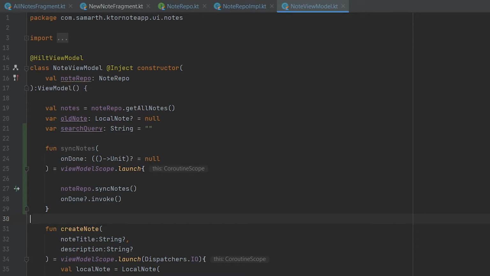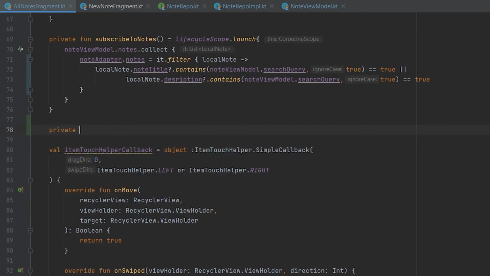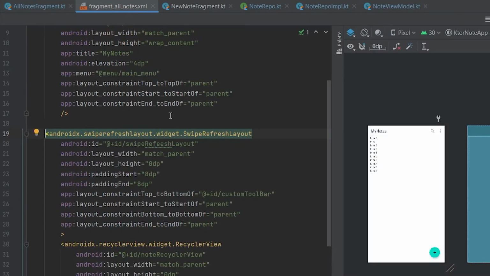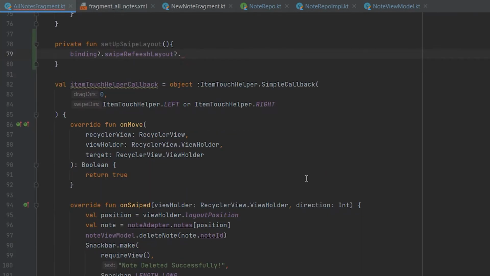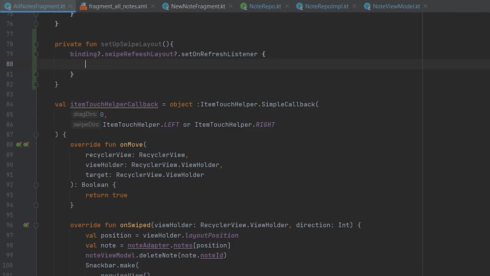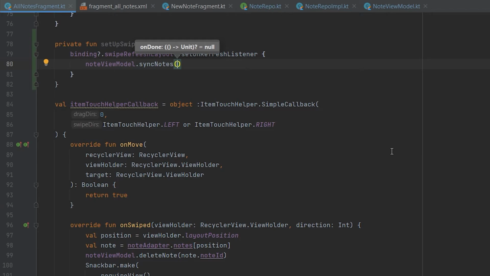Now let's go to our all nodes fragment, and here we have to make a private function setup swipe layout, because to synchronize the nodes we will swipe the layout, and for that we have to call binding dot swipe refresh layout, which I have already added in this fragment's all nodes layout, and yeah, you can see it here. And then we have to call set on refresh listener,